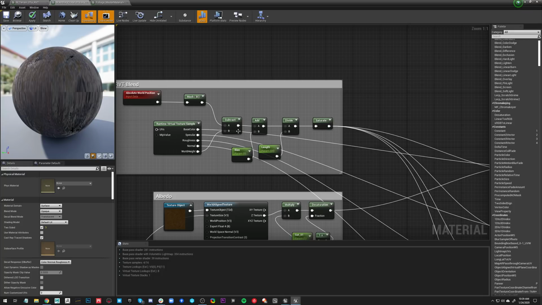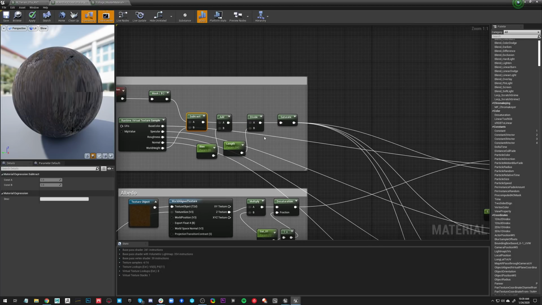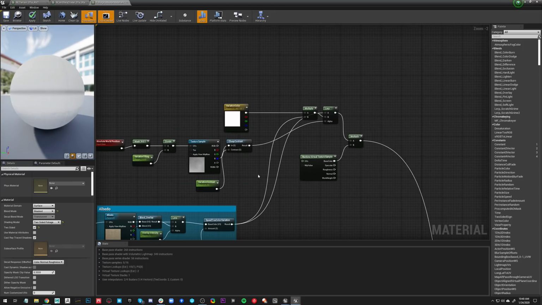What I did here is I found just having an add to control the bias, and then the length controls the blend length, so the gradient length. I found that to be enough to control how things fall off. All right.